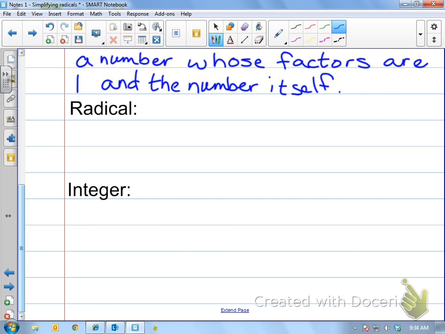Okay? So mathematically, radical means a square root. It's our fancy math term for square root. Just like instead of saying multiply, sometimes we say product. Sometimes instead of saying divide, we say quotient. It's our fancy math term for square root. And when we look at a square root,